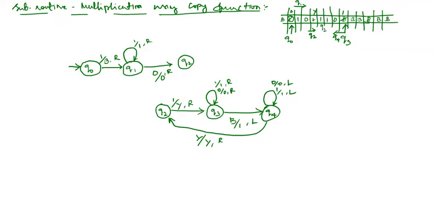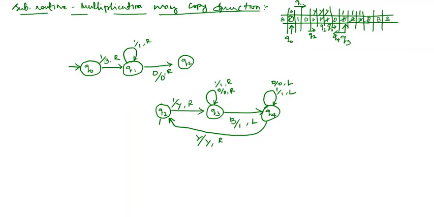Again, when it is in q2 and reads a 1, convert this into y and make this 1 as b, and the same process is repeated here. It comes here, it makes y, then comes here, I make it 1 and come here. So now at some stage it will be q2. In q2, if it reads a 0, what happened?